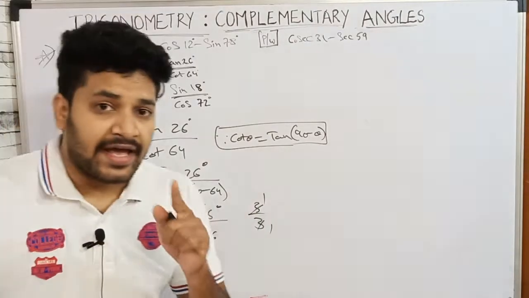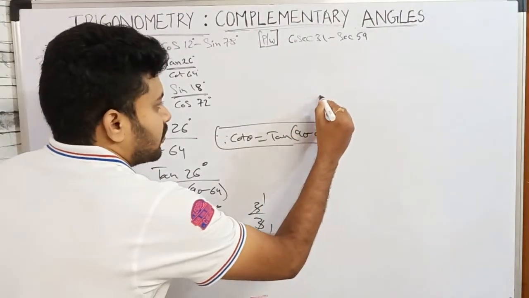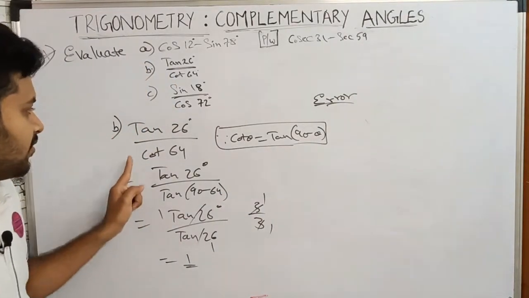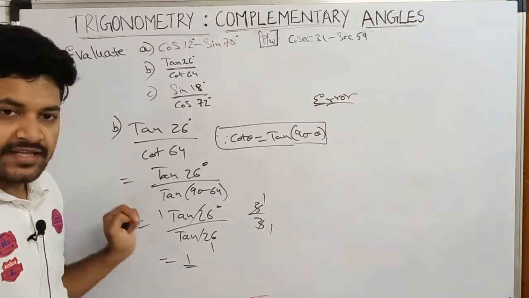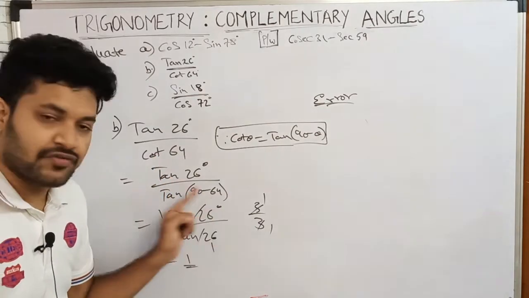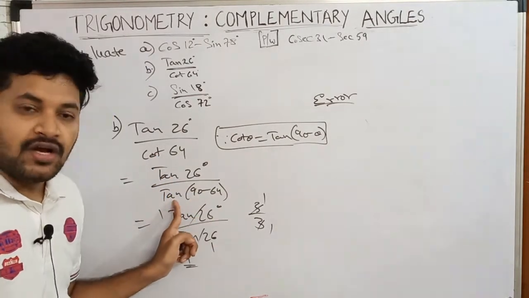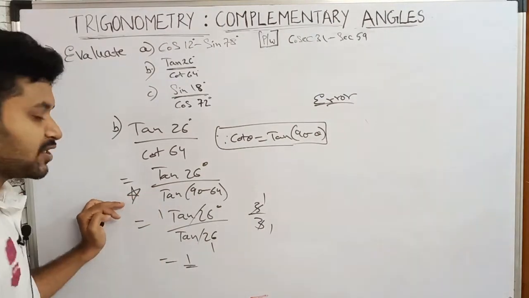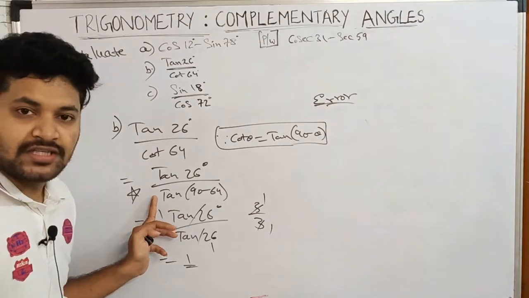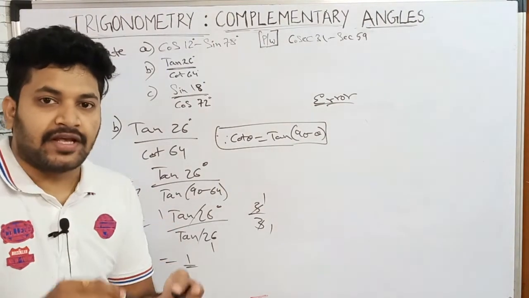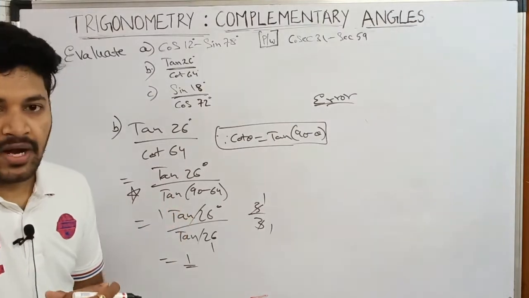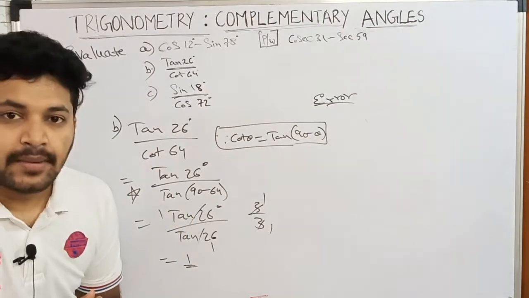So now, error correction. Where you will make the error: you will copy the question exactly like this. Here the denominator has plus cot 64. Fine, you will write 90 minus 64, but here again you will write cot. So I am keeping a star mark for you. This is your error. Please focus on this error correction. While doing corrections in exams, so many students are facing trouble in this part.